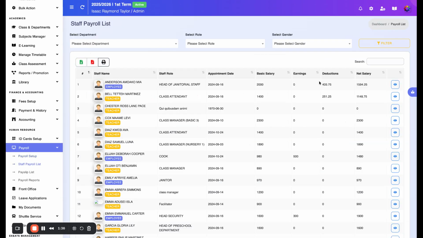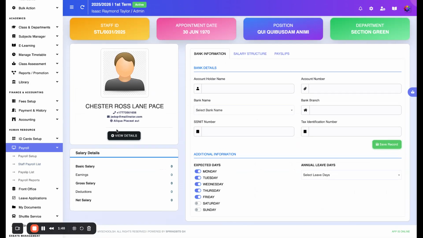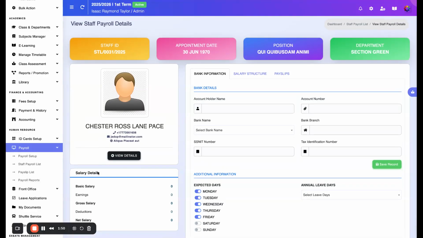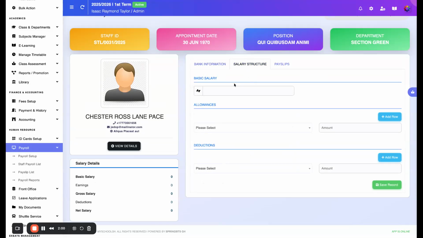When we go to the staff payroll, let's take Chester Rose Lane Pace and then let's set up what they are entitled to. So I've clicked on the view. Under this particular page, as you can see, the salary details, there is no information here. So in here, we can set up the banking information of our staff member, and then under salary, we then enter the